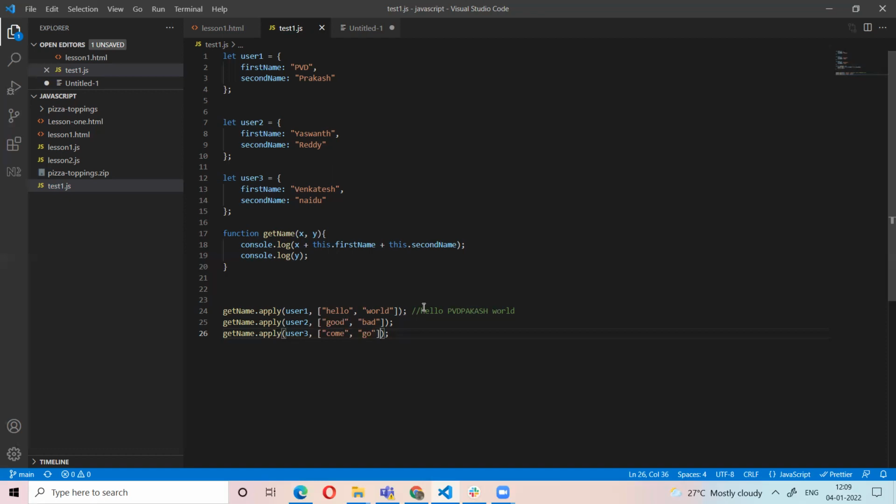This is the difference between call and apply. In the interview, somebody will ask this question. Do people understand? Any doubts?